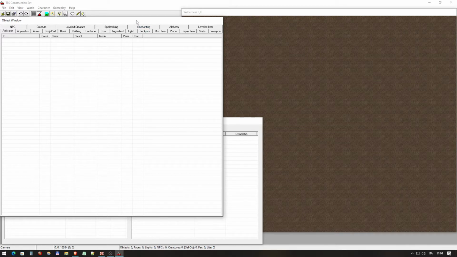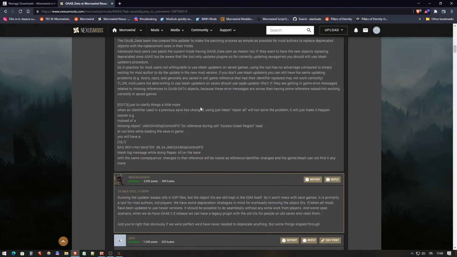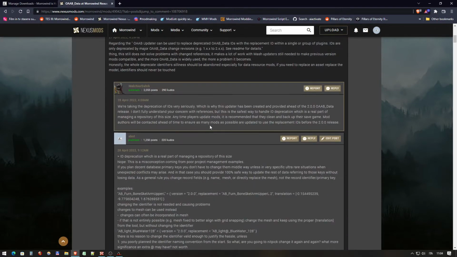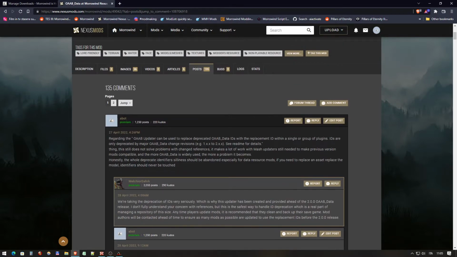So if you want to understand what I'm talking about, there's a thread about it in the latest data release, where I'm telling about what I think is a problem, especially with projects like this one, which is meant to be used by a lot of other mods and by a lot of other players. So I think that changing identifiers should be something really done only if extremely needed,